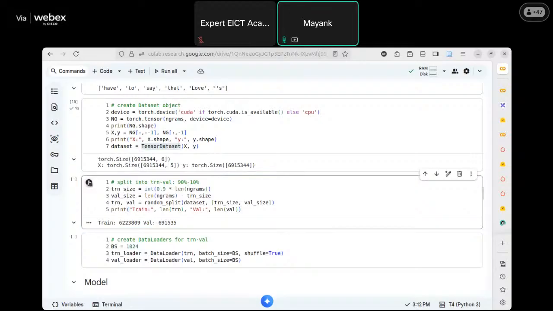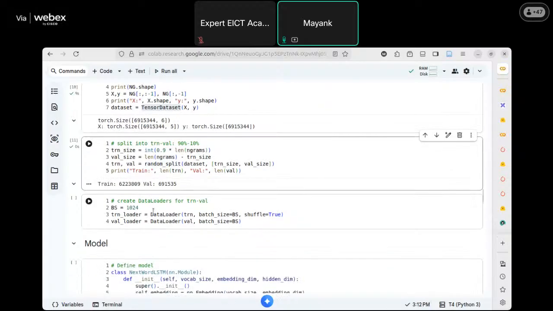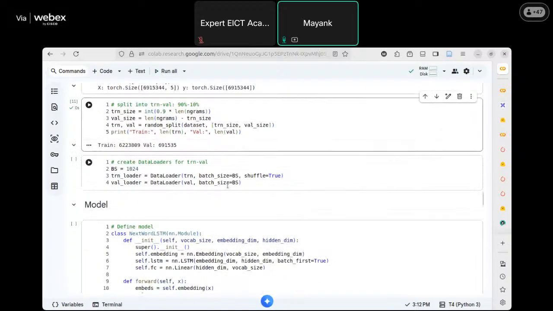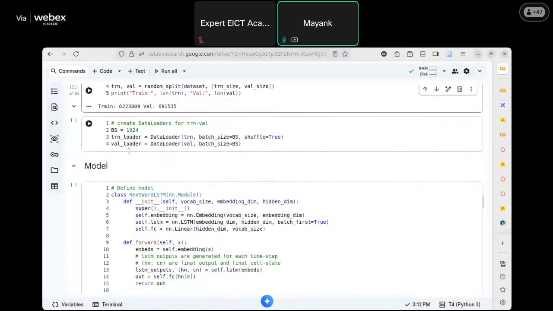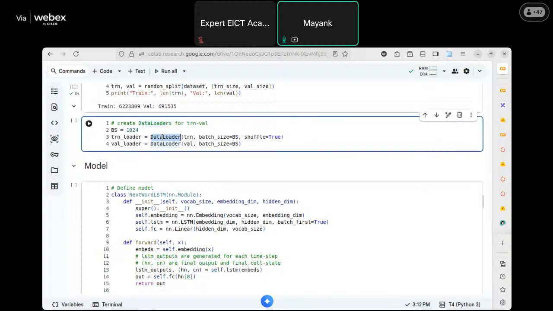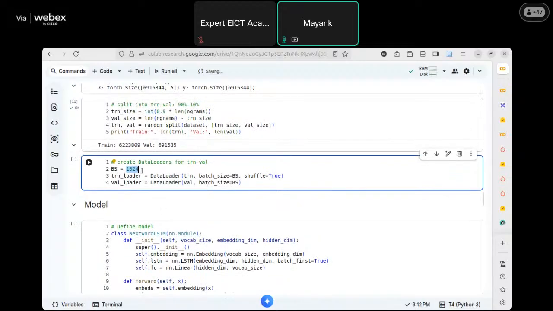ओके, so again, what we do is we split our dataset into training and validation। 90% हमने ट्रेनिंग में रख दिया, बाकी हमने वैलिडेशन में रख दिया। And then what we are doing here is, हाँ, अब डेटा लोडर बनाएंगे, so that वो ट्रेनिंग पाए। उसको एक बैच साइज बता दिया 1024। It is a huge batch size, but this works because ये मॉडल पे जीपीयू है कोलैब पे। सो और हमारा डेटा बहुत छोटा है, क्योंकि 6 ग्राम है, तो कुछ है नहीं, 6 नंबर है खाली, तो 1024 टाइम्स 6 इज नथिंग, 6 KB।